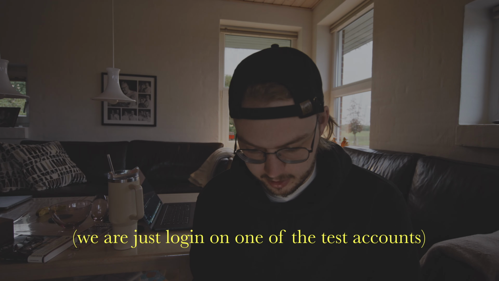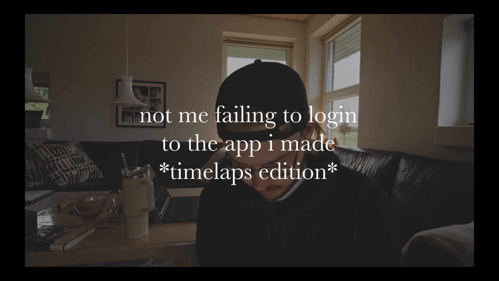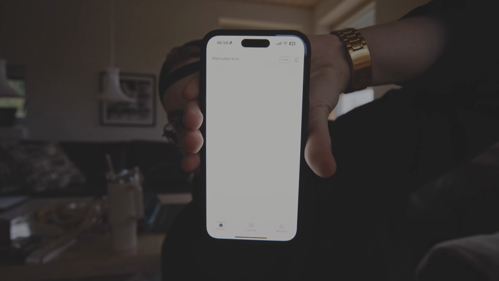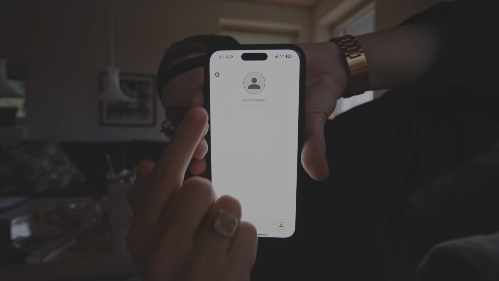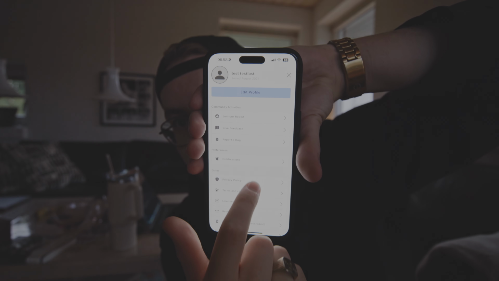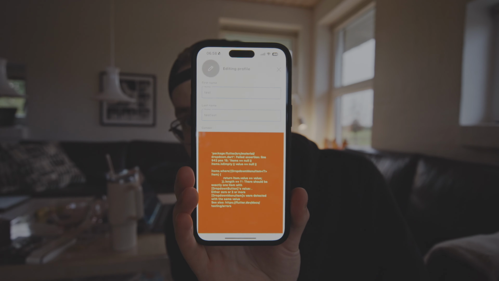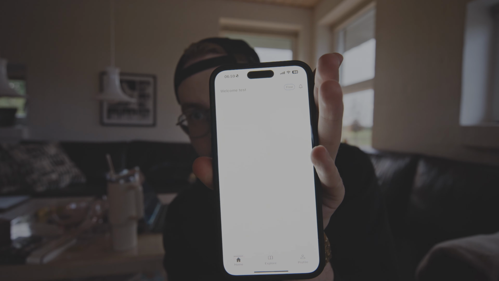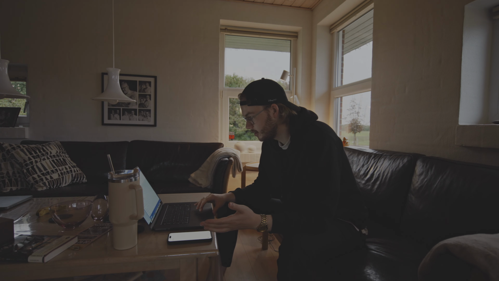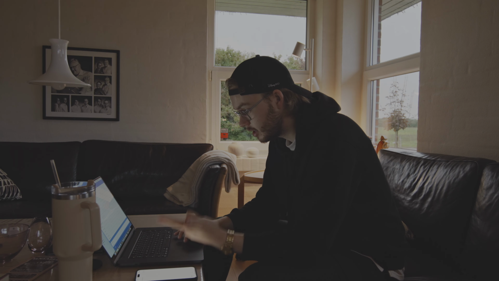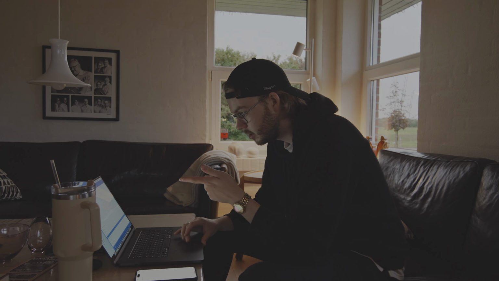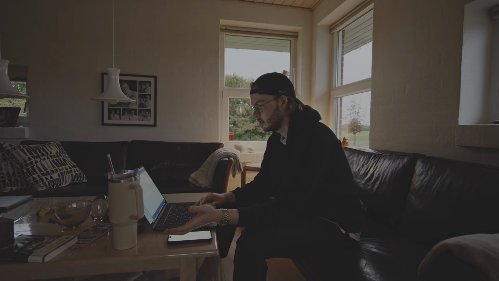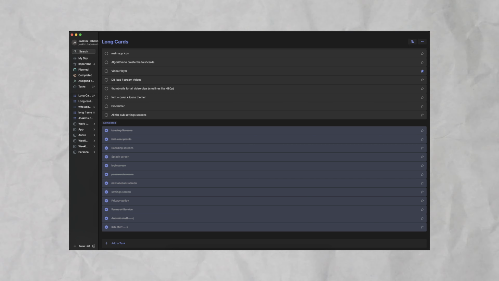Just for demonstration here, we're just gonna log in on test accounts. And now we have a functional working app. We have profiles, we have settings, all of the different ones we can edit. Okay, so maybe the edit profile doesn't actually work, but otherwise this works. See, even if the notification screen works, yeah, even that works. We already have a lot on my to-do list done. Login screen done, password done, account screen done, settings done, splash screen done, loading screens done, profile screens, all sub-setting screens done. Okay, so 1/4 of my to-do list is just done.